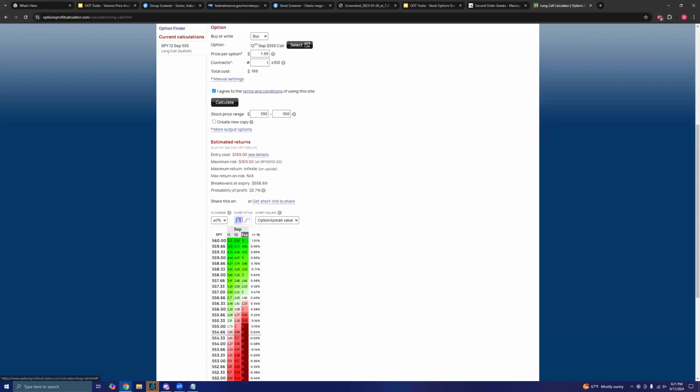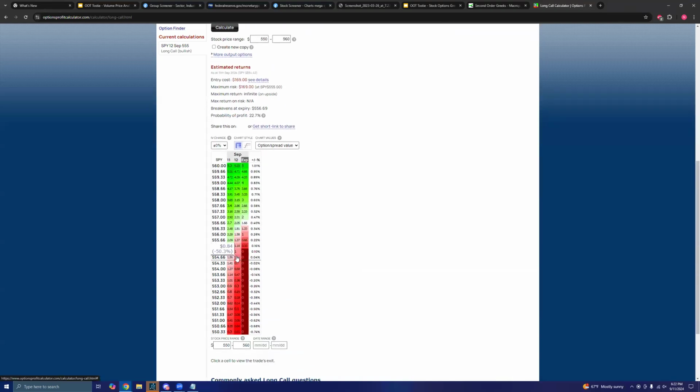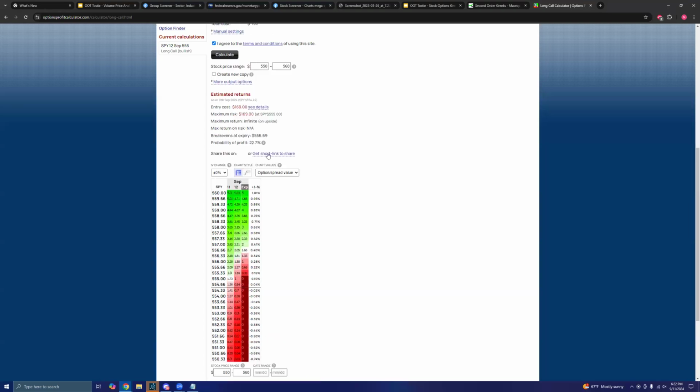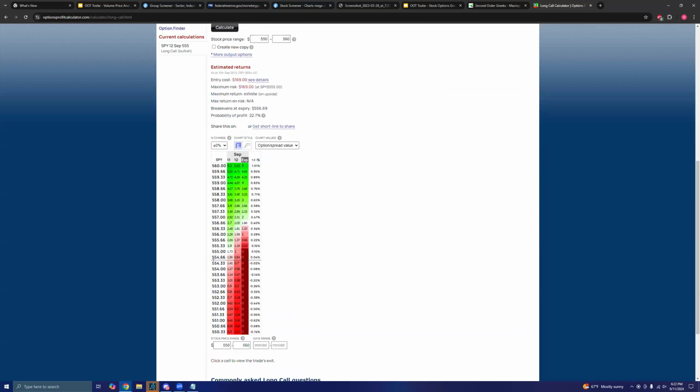So right now, our contract costs $1.69. Overnight, we should expect the contract to be worth $1.84. So literally, if the stock price goes absolutely nowhere, notice this, right? The current price of the SPY is 554.42. So 554, it's somewhere right around here in between these two levels. We'll just go with the higher number just to make it a little bit more fair. If stock price literally goes nowhere overnight, stays directly flat, we will be down 50% immediately.